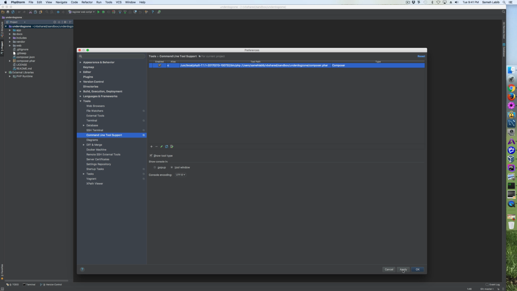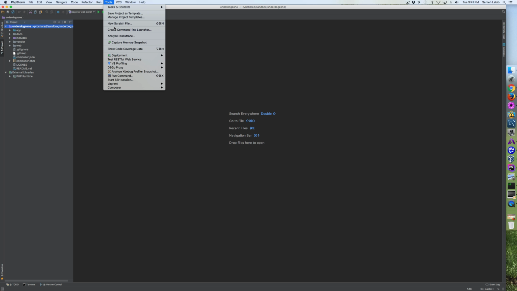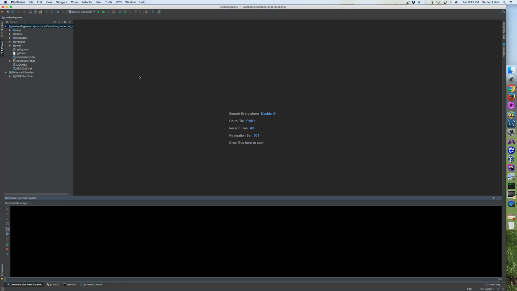So now how do we use the command line tool for Composer? Well, let me click Apply and Close first. Okay, we go up here to Tools, and then go down to Run Command. Okay, and then we click on Run Command. All right, now, what we just got here is the command line tool console. Okay, I'm going to type C, and then space,